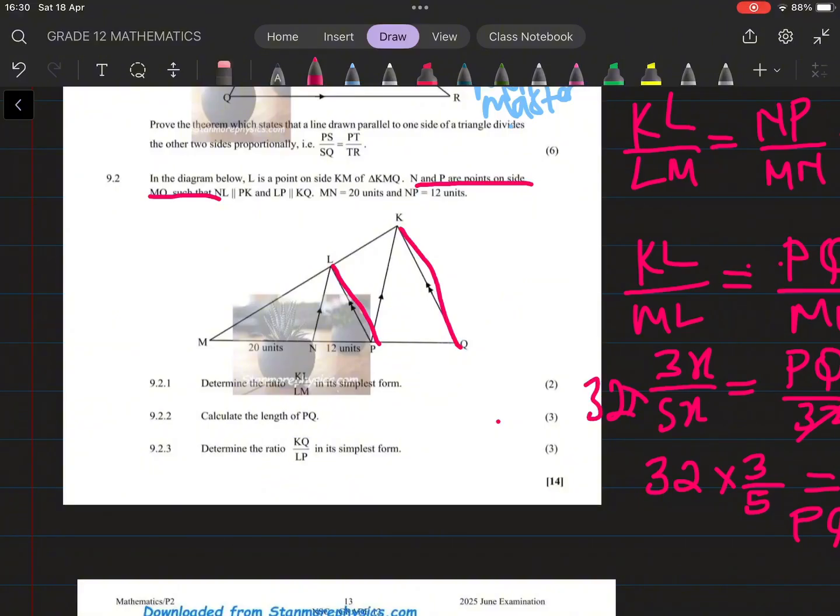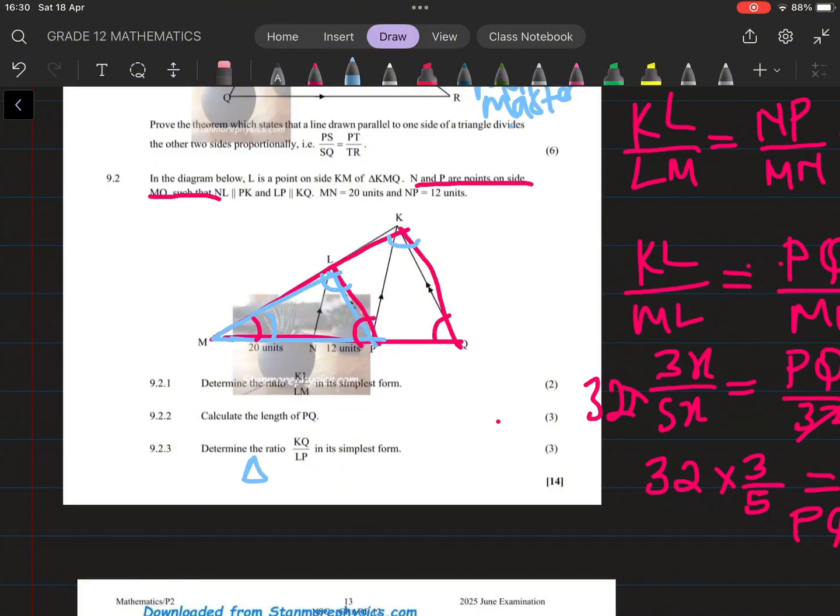If we look at the two, we'll see that we have KMQ, which is a triangle that holds KQ, and then we also have LP, which is in triangle LPM. By that we can see that angle L is equal to angle K, and angle P is equal to angle Q in the two triangles. Then now you can say triangle